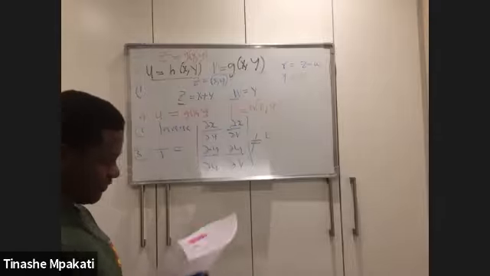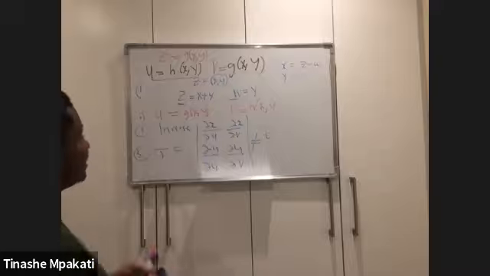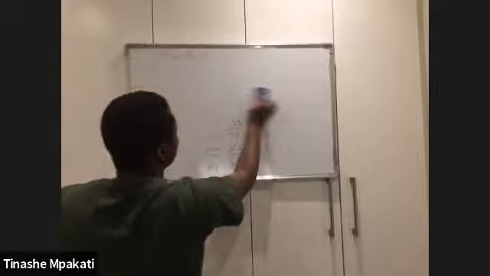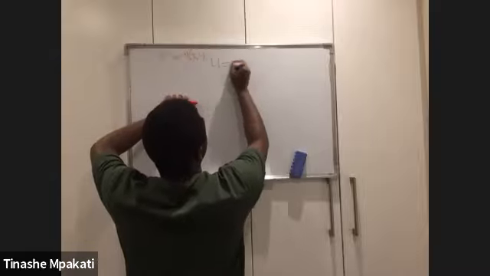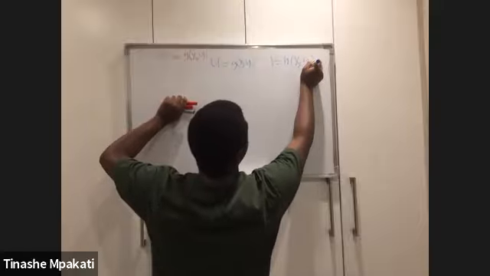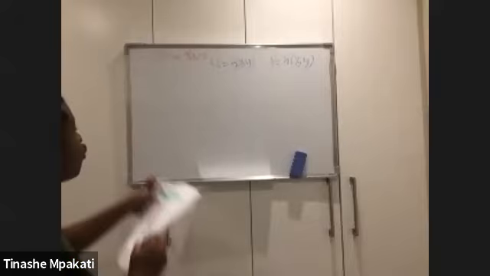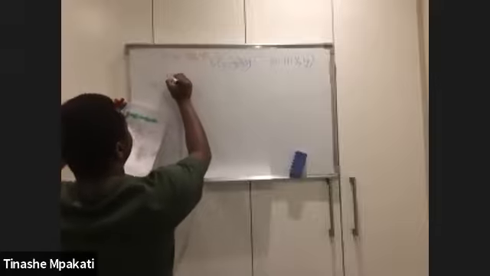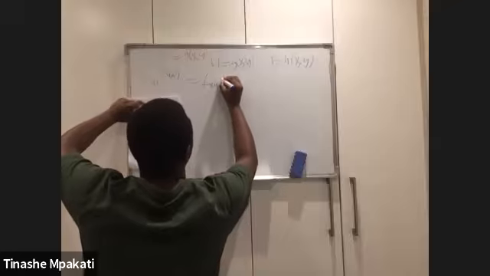So the formula, if I can call it a formula, tells us that if these conditions are satisfied, then for you to find the joint PDF of your U and V, because remember, that's what we wanted, we want the PDF of U and V, right? We have U being equal to g of x, y, and we have V being equal to h of x, y, and this is what we want. So having met all those conditions that we mentioned earlier on, then you can conclude that the PDF of U and V will simply be equal to the joint PDF of your X and Y that you had, right?